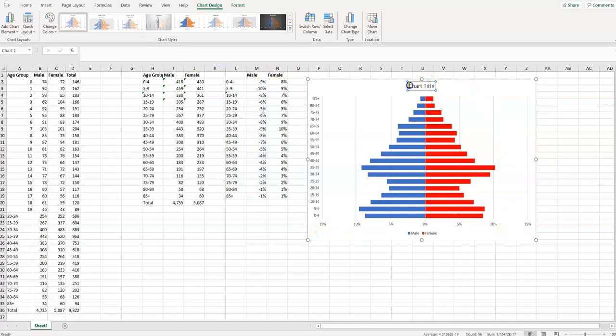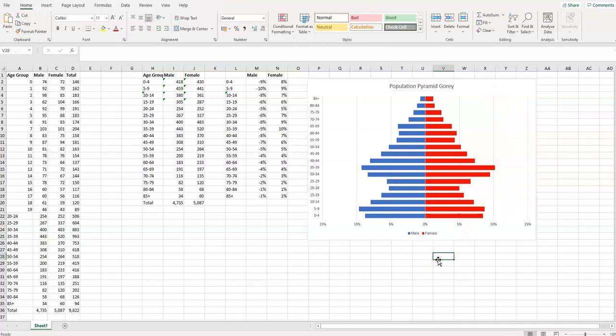The last thing your students could do to their chart then is just to give it a heading. So I'm going to call it Population Pyramid Category. That can then be copied and pasted to wherever you want to use it in